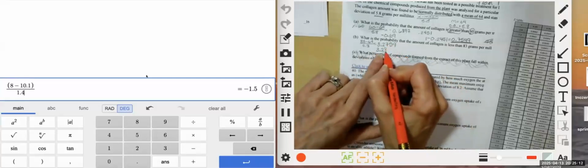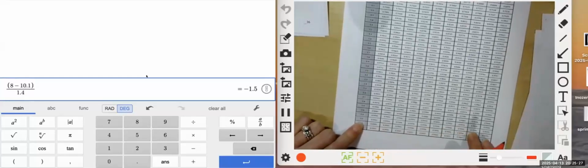I can only go to 2 decimal places, so I'm not going to use the 7 number. I'm going to round it up to 8. I'm going to look up 3.28. Are you guys okay with me rounding it up to 28? Yes, because 5 rounds it up. So 3.28